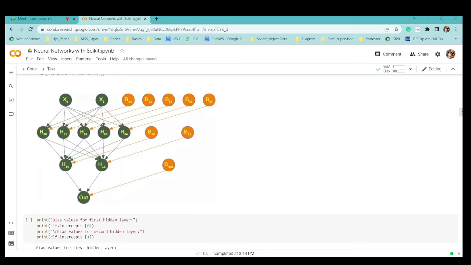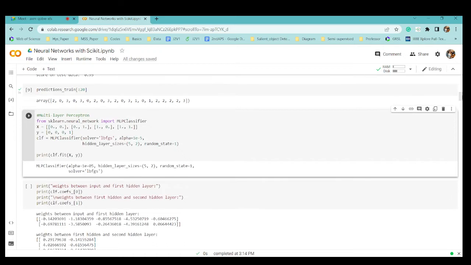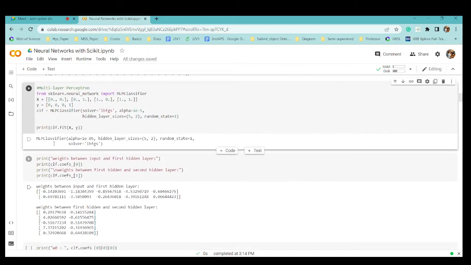Okay, so now we will be dealing with a multi-layer perceptron. For this, again the same MLPClassifier. I'm taking two inputs: x is 00, 01, 10, 11, and y will be 0, 0, 0, 1. So this is the classifier output I should get, and others are 0. Again the same thing, I need to provide alpha and hidden layers.